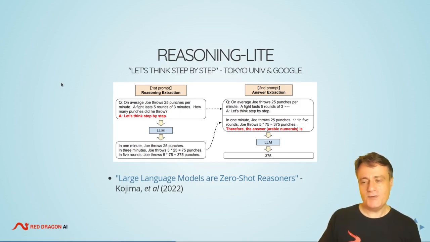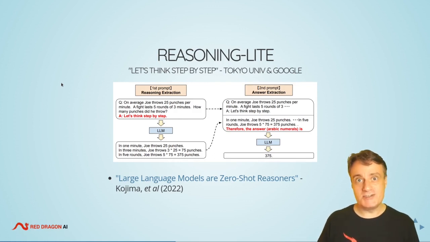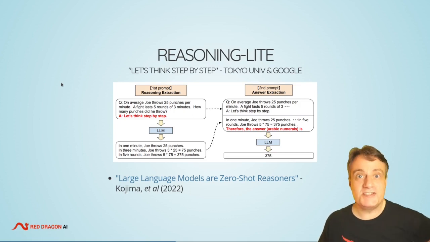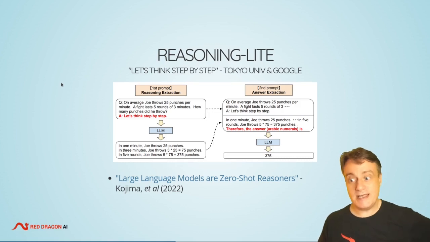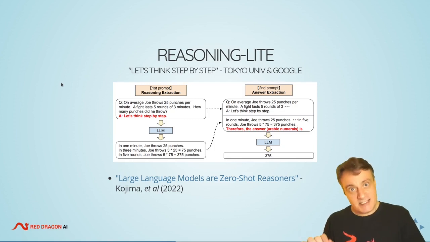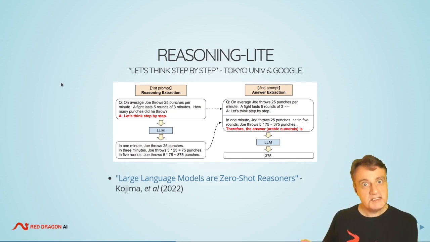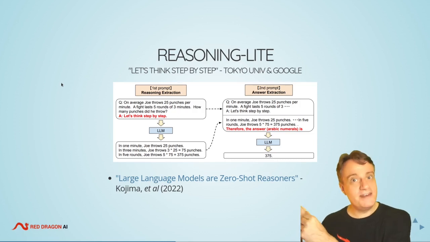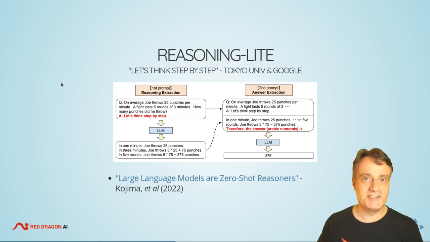So here, in order to get the reasoning extraction, we'd give it a question, and then we'd start the answer off by saying, let's think step by step. And it's been proven nicely by the paper that if you just start the answer with let's think step by step, it will produce a nice little rationale and come out with the answer. And then you say, and so the final answer in Arabic numerals is, and the next word it would say would be the answer you're looking for.